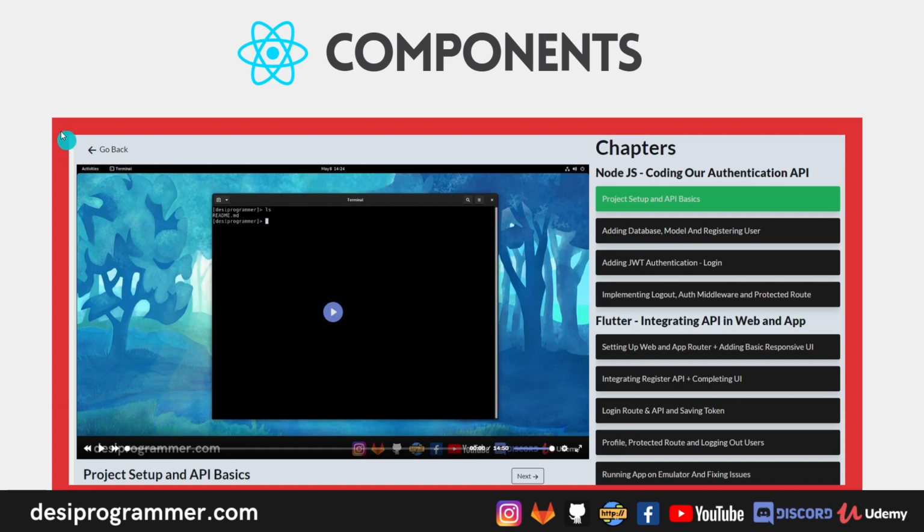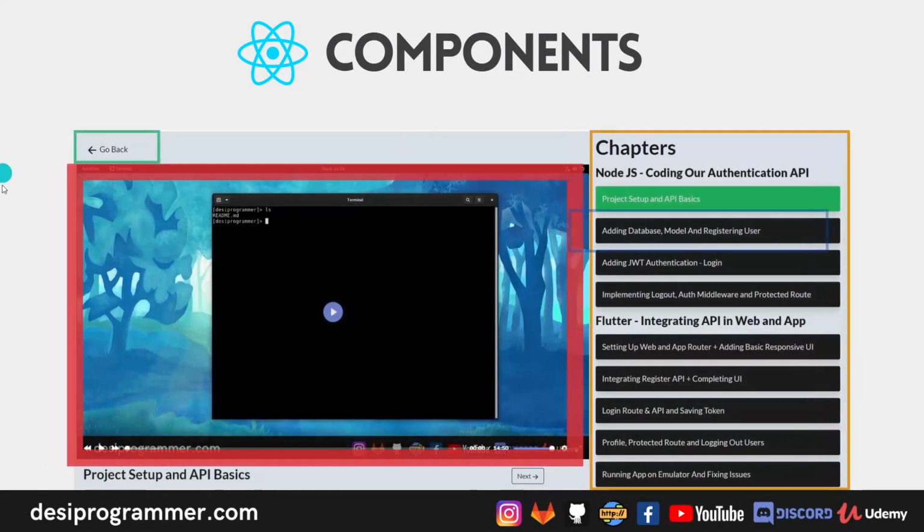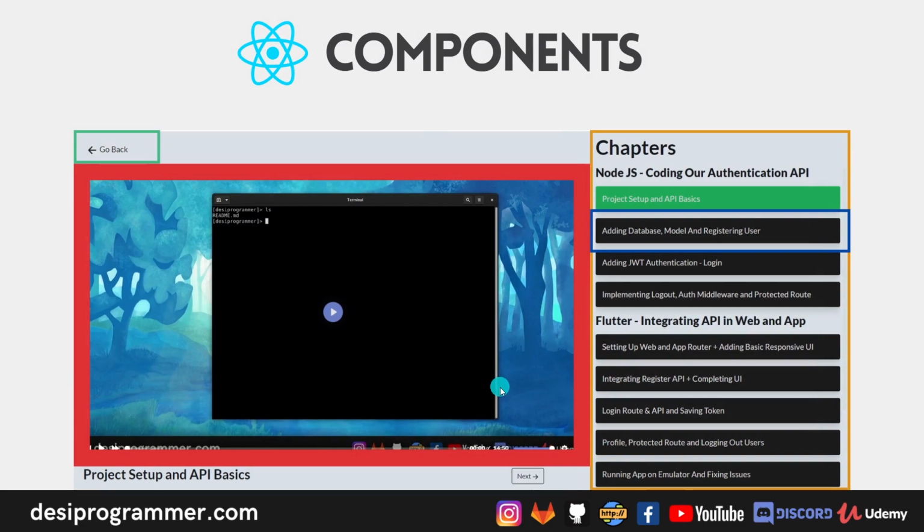Now this entire page is a single component of my React application, but at the same time, this entire page can easily be distributed into simple components. I mean, this is what I have done. So now this go back button is a single component. This player is a single component. This title and next button is a single component. This entire render chapter is a single component. And here each of these lesson cards is also another single component.